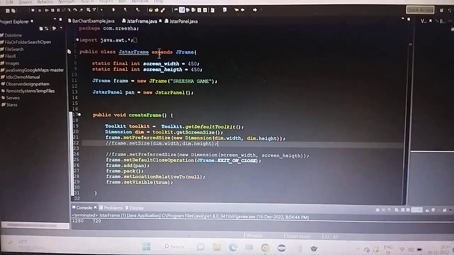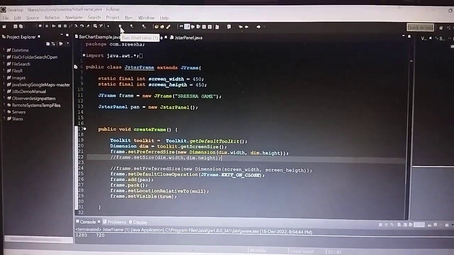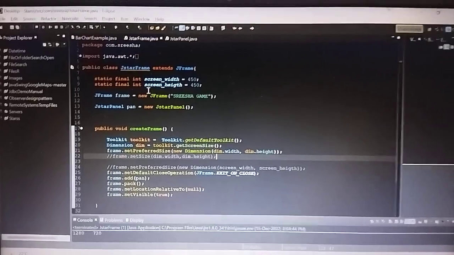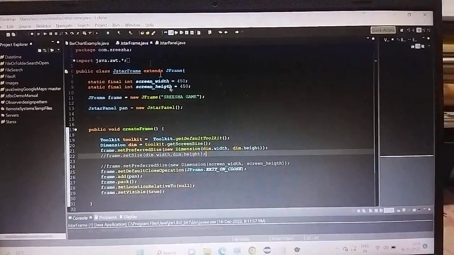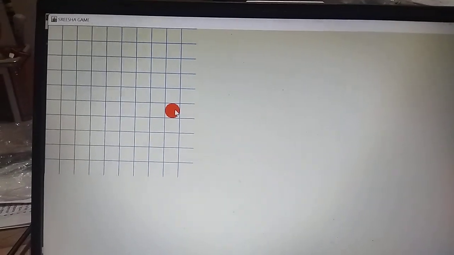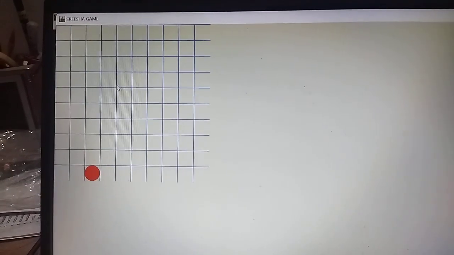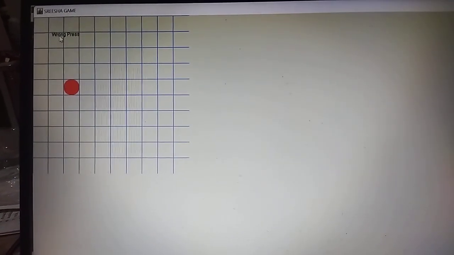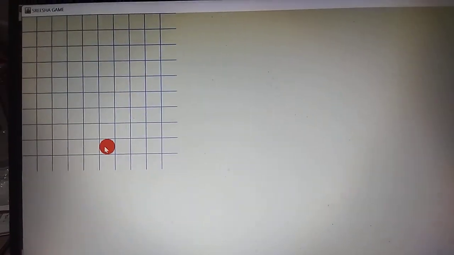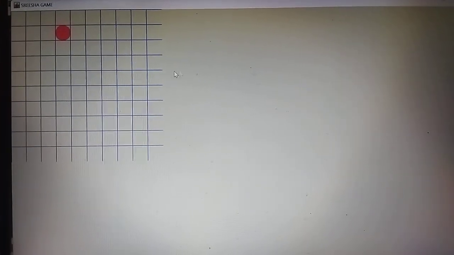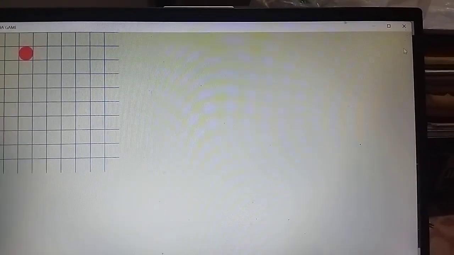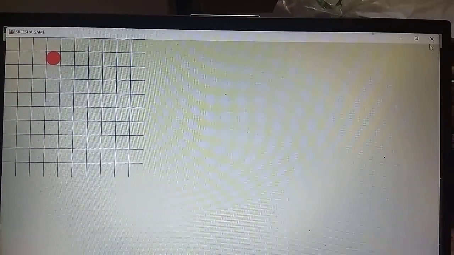Hi everyone. So I have just developed this game. When run, this opens in a full screen mode, and whenever I press on this, let me call it a red apple, it just shifts to another random place. So if I press on some other location, it says the wrong press, and if I press on the correct location, the game continues. Observe that this is opening in the full screen mode, and this works well for every